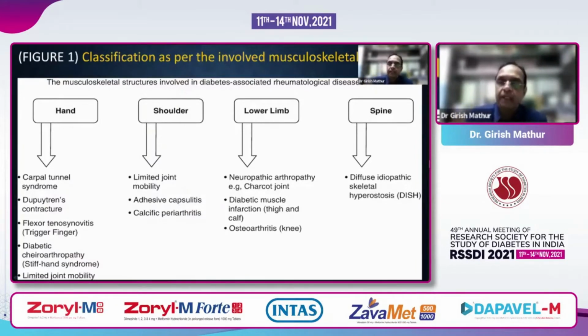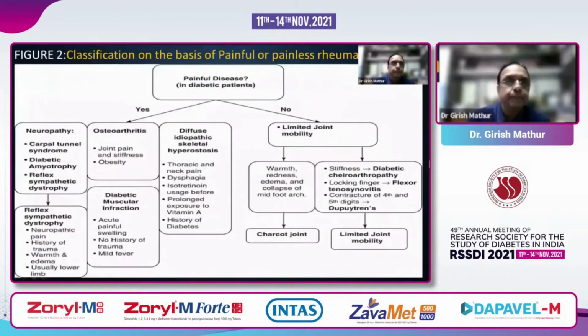osteoarthritis of the knee. In the spine, the most common disorder is diffuse idiopathic skeletal hyperostosis, commonly known as DISH. By the second criteria, whether the disorders are painful or painless, the painful conditions are carpal tunnel syndrome, diabetic amyotrophy, reflex sympathetic dystrophy, osteoarthritis, diabetic muscle infarction, and diffuse idiopathic skeletal hyperostosis. The painless conditions are Charcot joint, diabetic arthropathy, flexor tenosynovitis, and